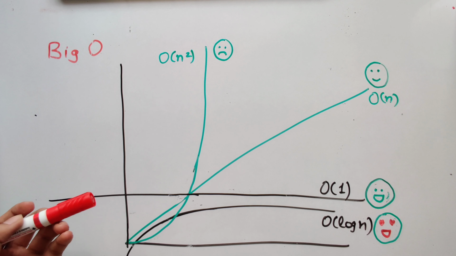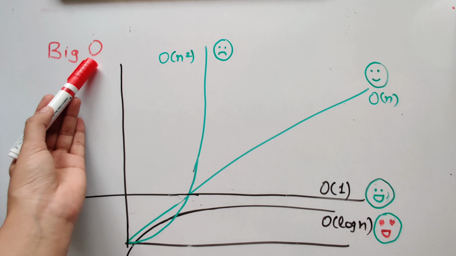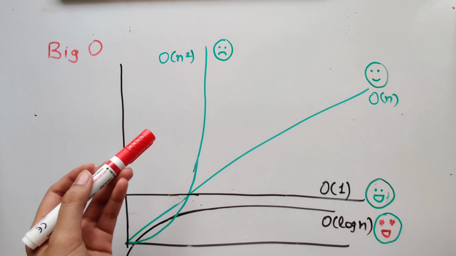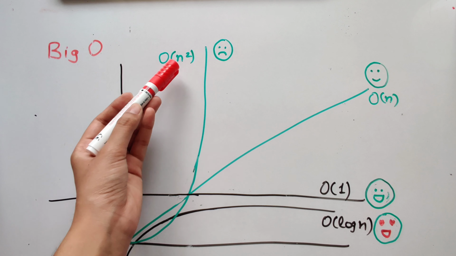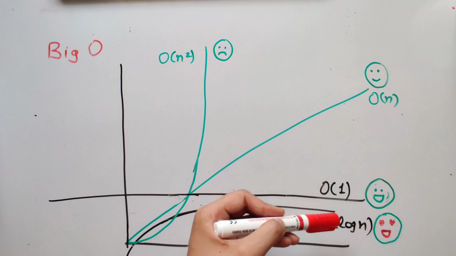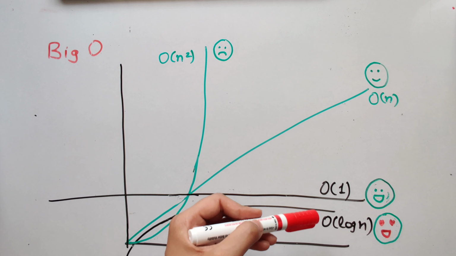Hi guys, welcome back. In this video, we are going to look at time complexity using the big O notation. By the end of this lecture, if you're given an algorithm, you should be able to say the time complexity of it. We're also going to look at different values of these time complexities and compare them and see which one works out the best.